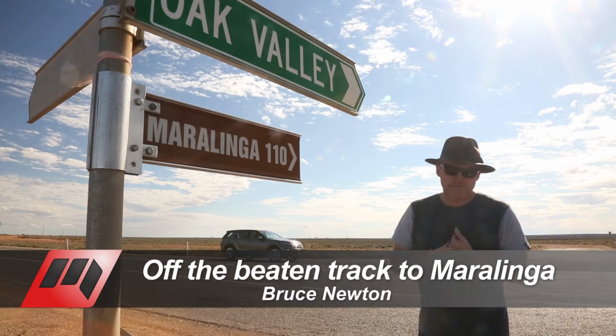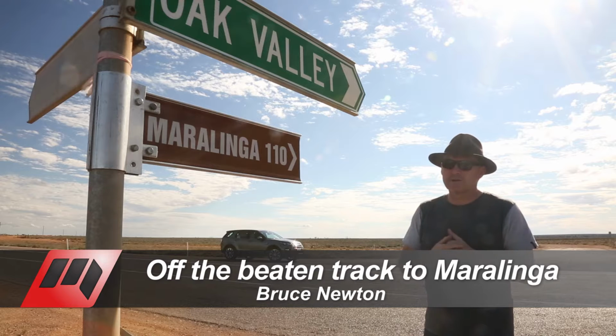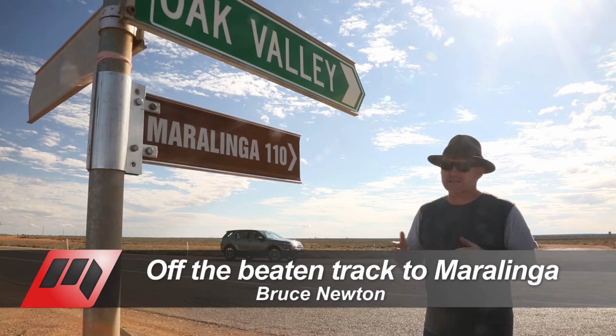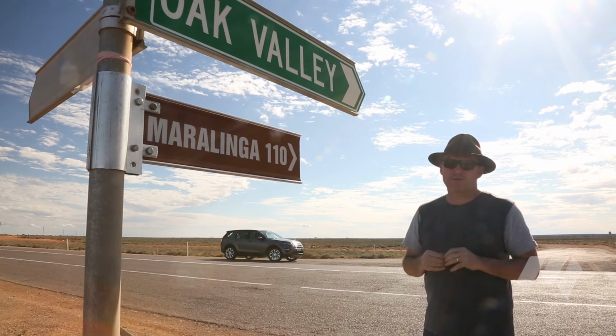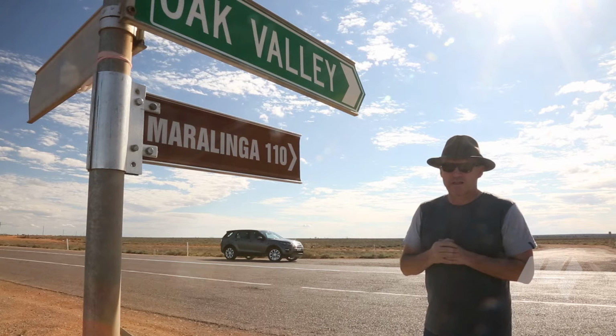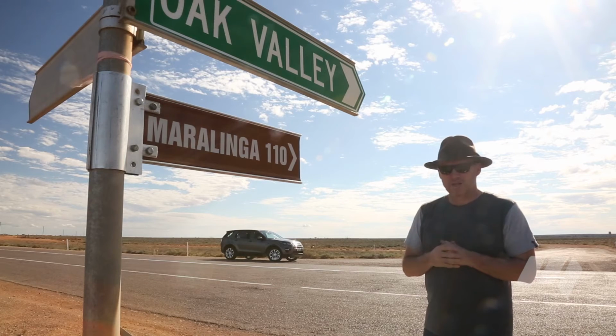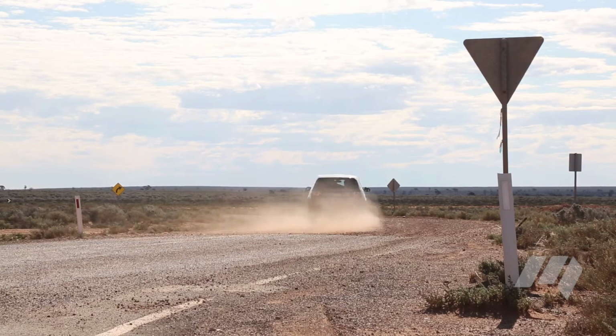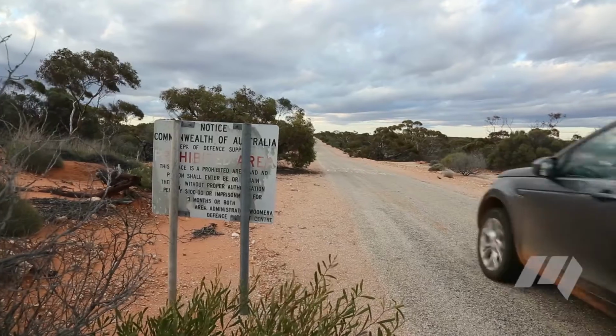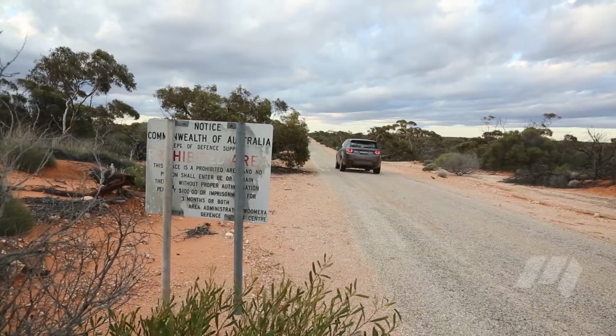So I arrived at a corner to a place that maybe a lot of us have heard of, but few of us have ever seen or ever going to have the chance to see. It's worth going to. It's important for historical reasons. It's important as a place where many things went on in Australian history. It's called Maralinga, and it's a place in Outback, South Australia, where the Cold War made a real impact on